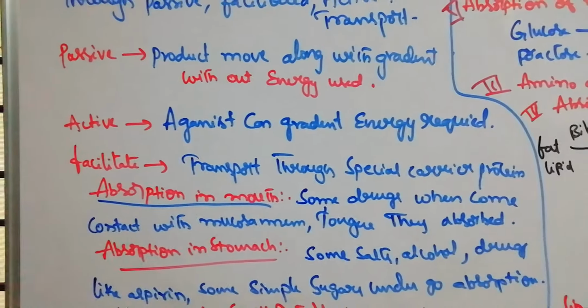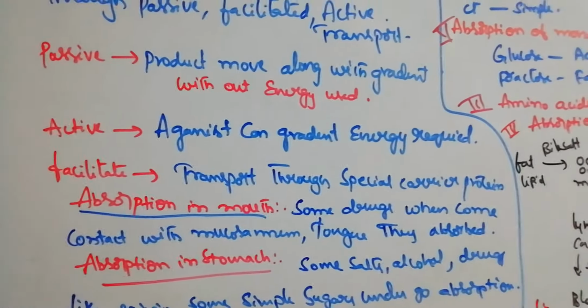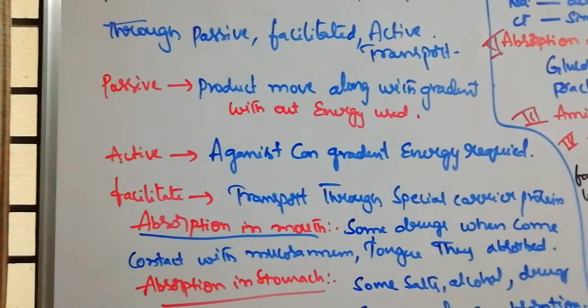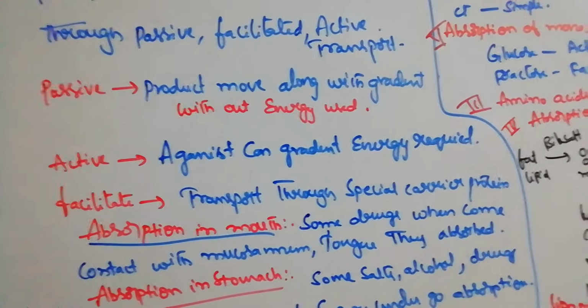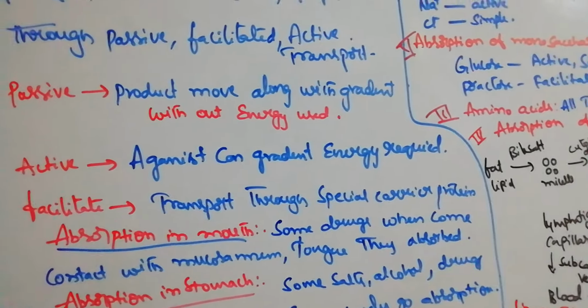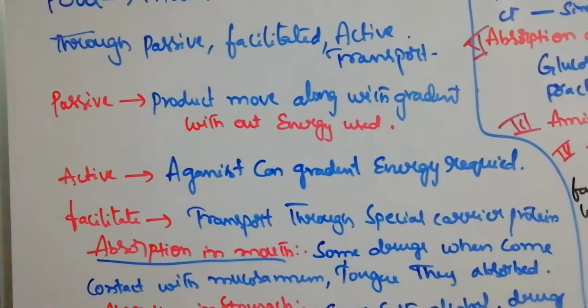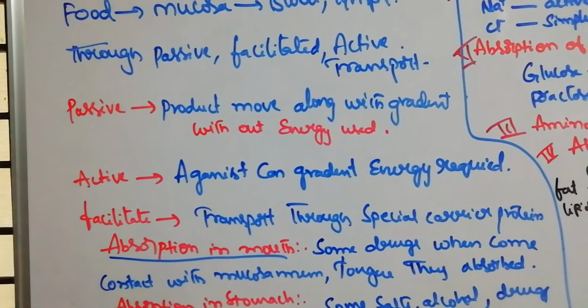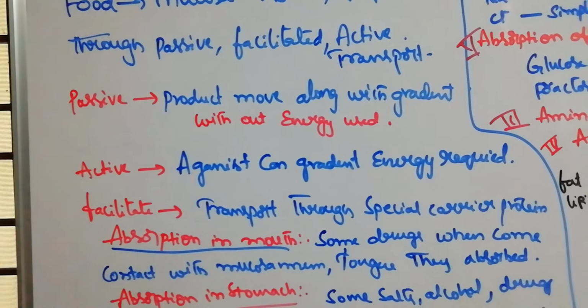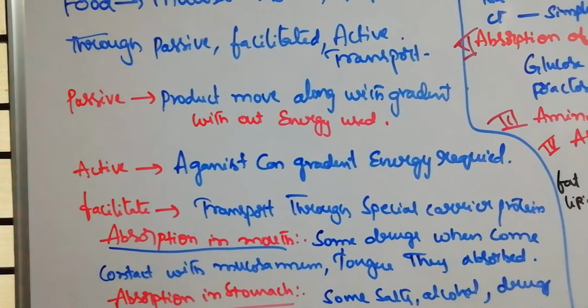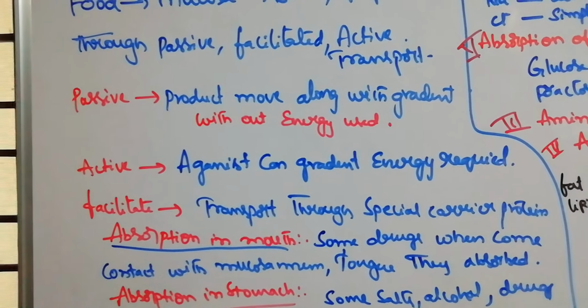Facilitated means a special carrier protein is required to carry the compound. So these are the three methods. By these three methods, food will be transported from the alimentary canal and absorbed into the blood or the